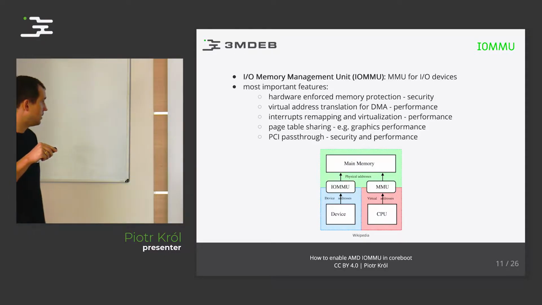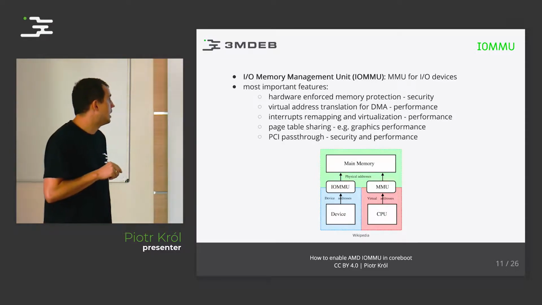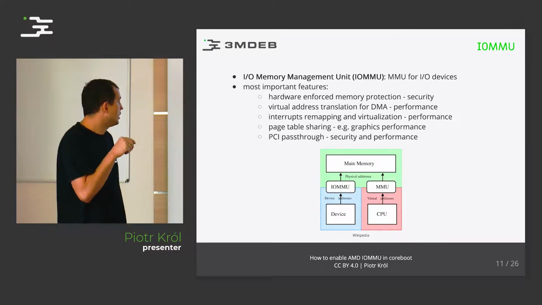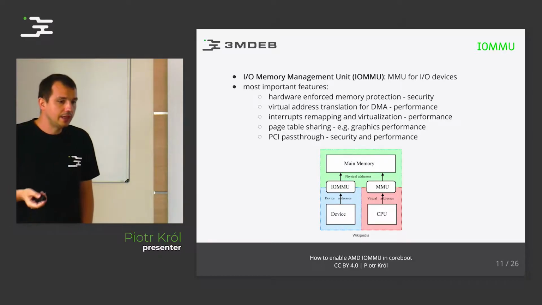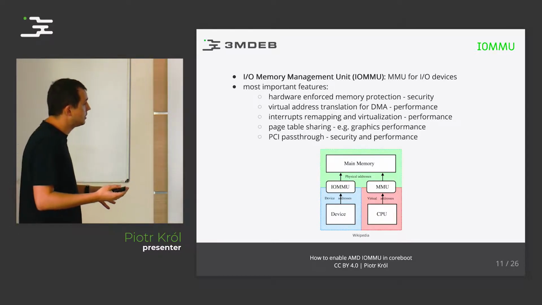For example, hardware enforced memory protection. We talk about that. This is important. I will show you what can happen if we don't have this protection. Virtual address translation for DMA, and not only for DMA, but DMA is kind of interesting thing because